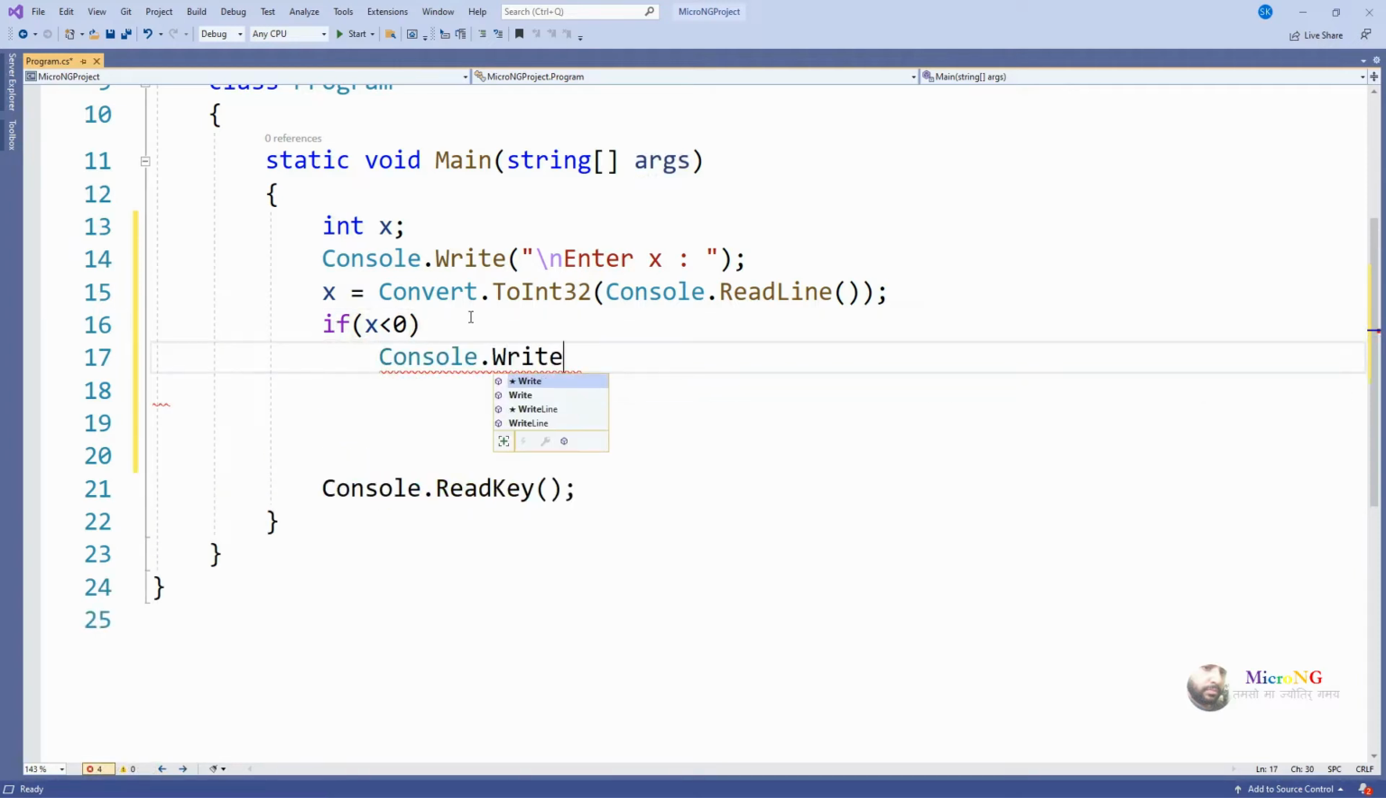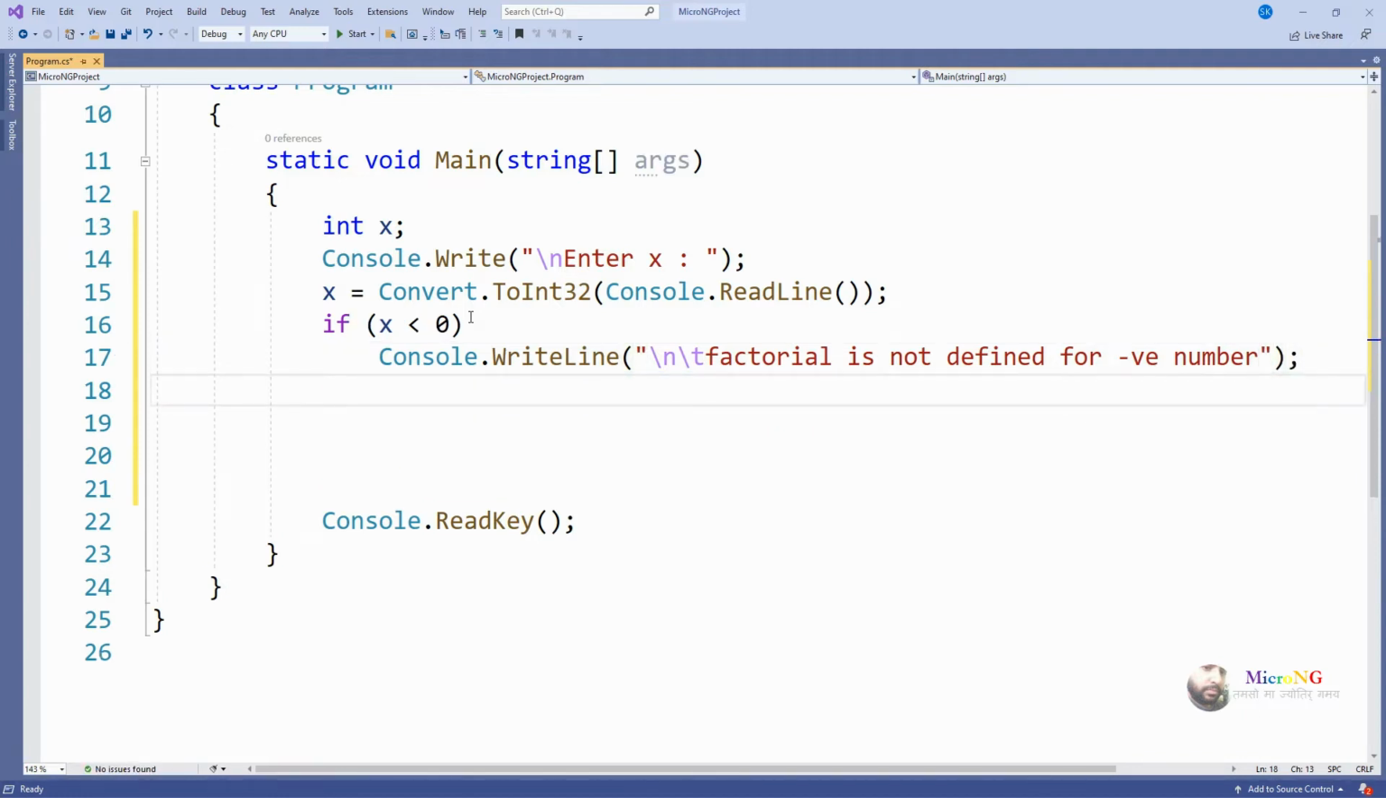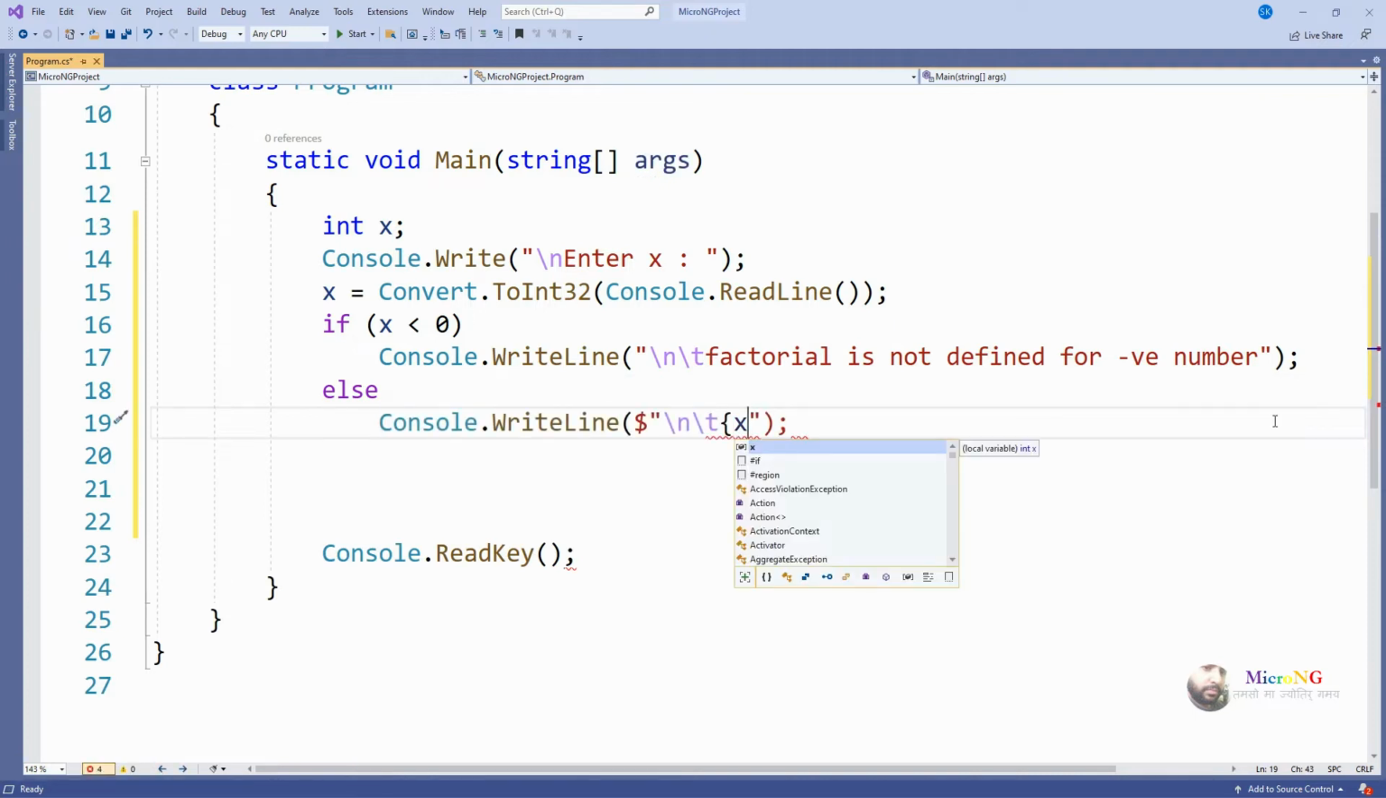Now if the value of x is less than 0, we cannot find the factorial of a number, because factorial of a number is not defined for a negative number. So by using an if statement, we check whether the value of x is less than 0. If it is less than 0, we display the message that the factorial is not defined for a negative number by using the Console.WriteLine statement. Else we call the function which will calculate the factorial and display the result by using Console.WriteLine